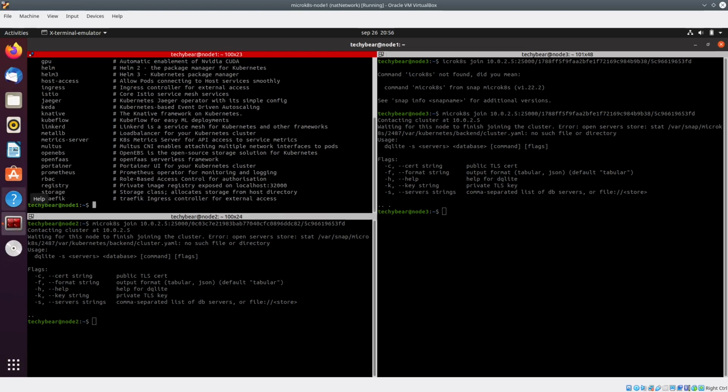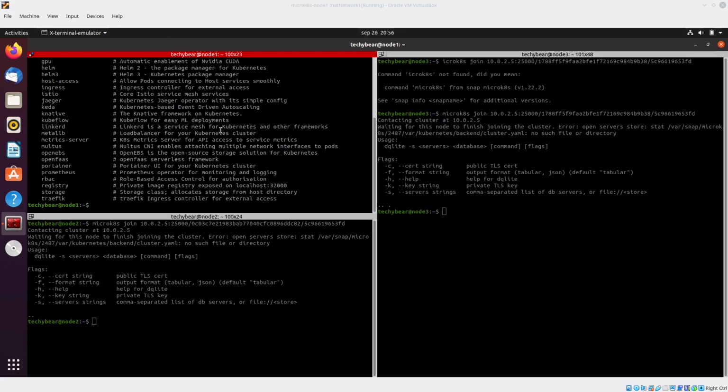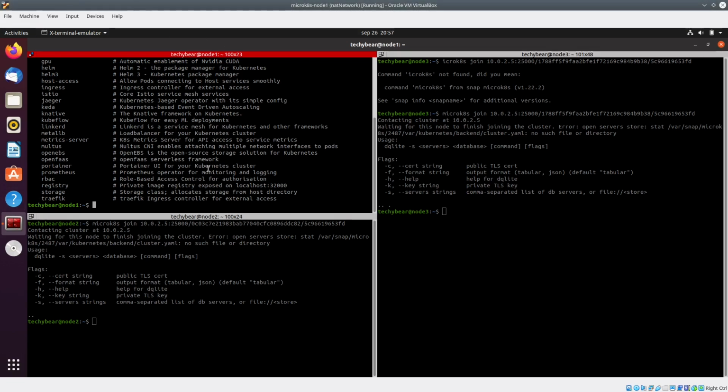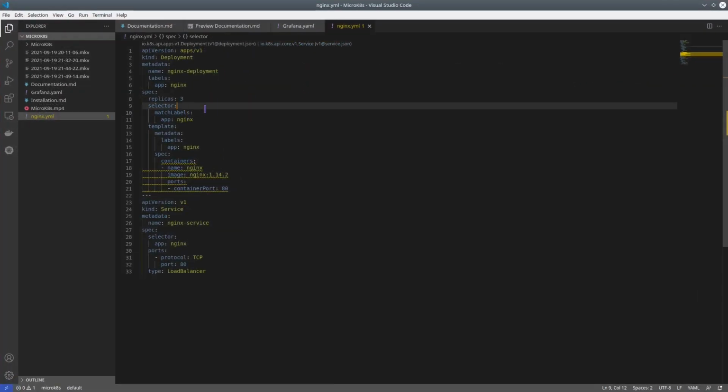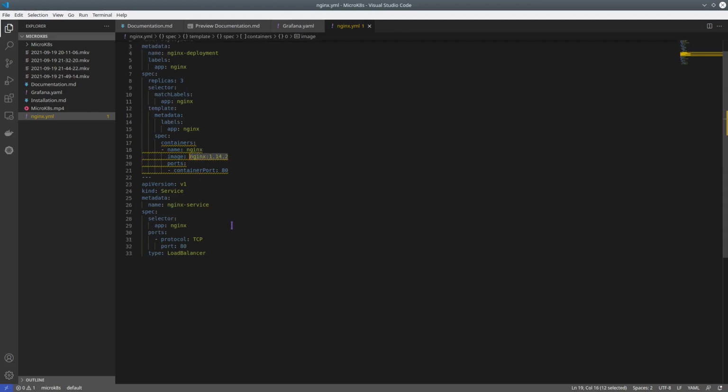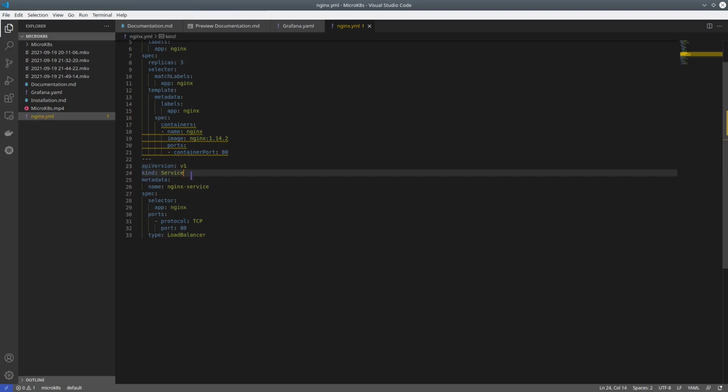So let's deploy an Nginx server, and I want to show you an example of a load balancer here. So I'm not going to install MetalLB initially. So before that, we'll deploy the Nginx. I have this Nginx deployment available with me, which is going to create the Nginx deployment, and the label is app nginx, and it is going to spin up an Nginx container. And in services, we have a service, which is the Nginx service, and this service will expose port number 80, and the type is LoadBalancer.